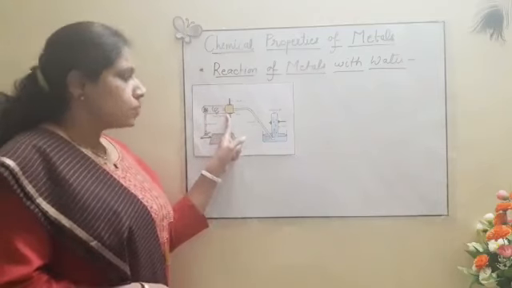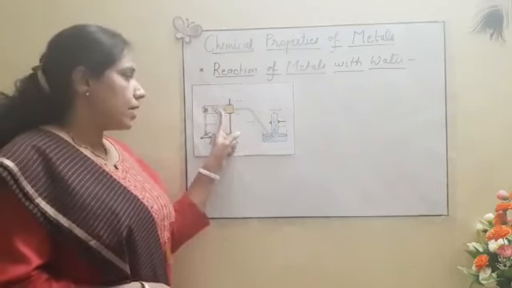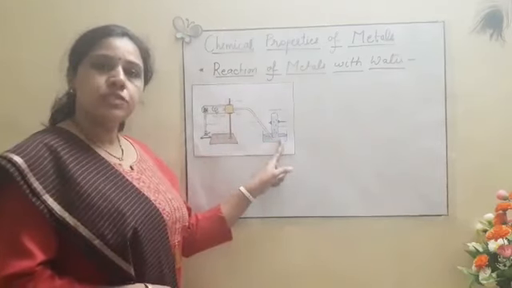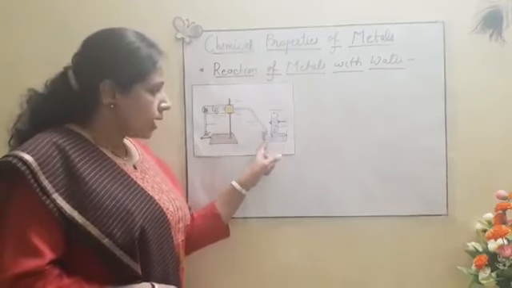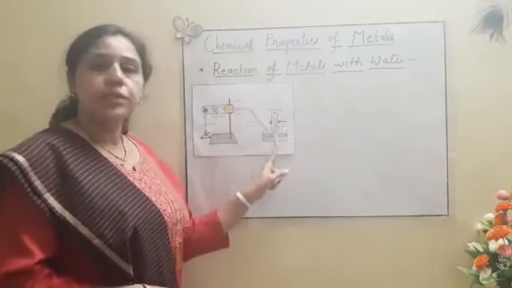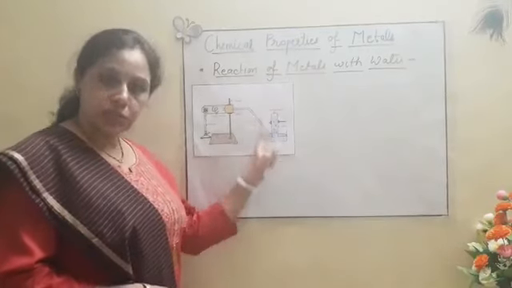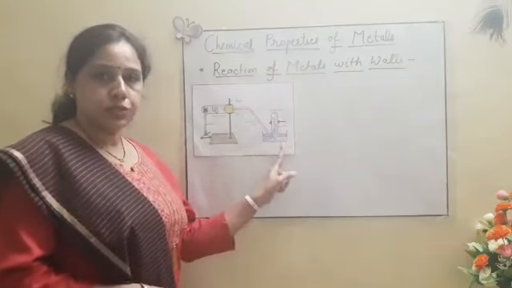This test tube is fitted with a delivery tube which will deliver the hydrogen gas formed after the reaction to a trough which is filled with water, and it also has a test tube inverted over it. So whatever gas bubbles are coming through the delivery tube will be collected in this vertical test tube.